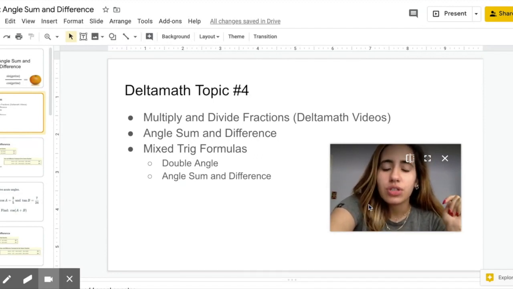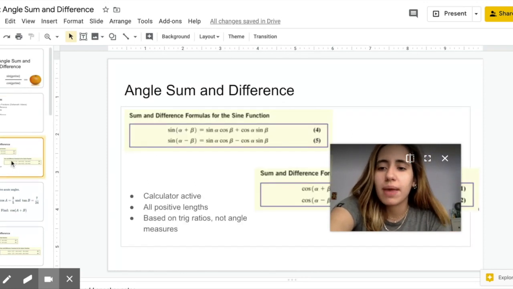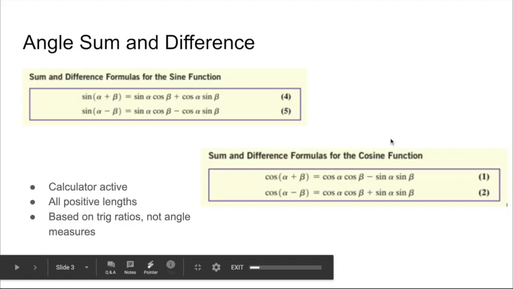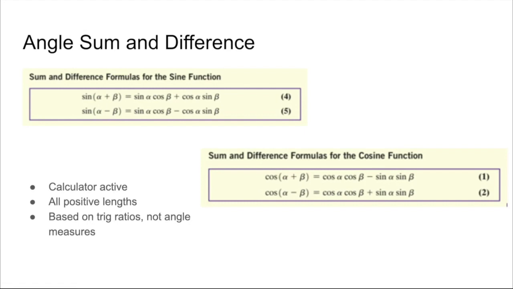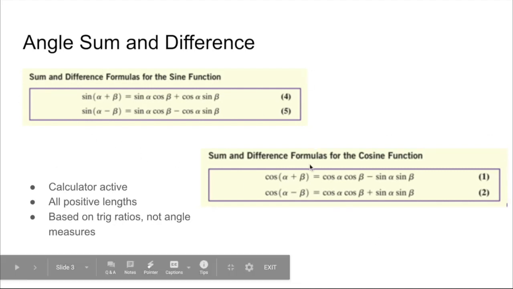So essentially, the only new thing that we're talking about today is angle, sum, and difference. So let me get my little thumbnail out of the way. Perfect. So angle, sum, and difference has these 4 formulas. This is something that we've done before. So there's sum and difference formulas for the sine function right here, and sum and difference formulas for the cosine